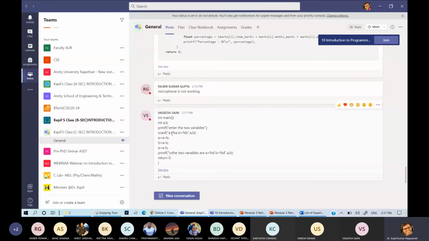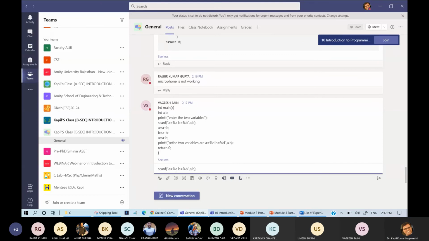In the scanf statement, don't write a single %d; write %d, %d, and %d, because you want to enter 3 numbers. Each %d opens one space for another value. After that, the address of a, the address of b, and the address of c.